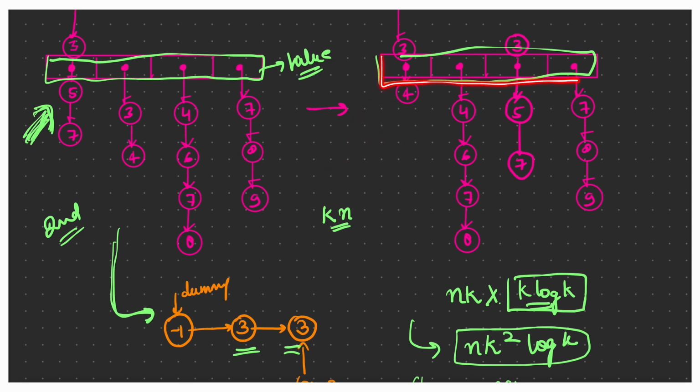So rather than doing this, we have one data structure that gives us the minimum element or maximum element in just O(1) time. What is the data structure? We have the heap, min heap or max heap. In this situation we need the minimum element every time, but there might be a situation where you will need the maximum element every time.